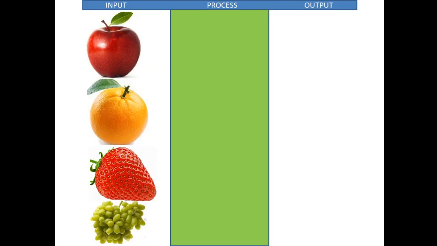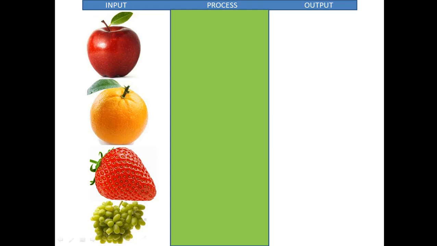Here we are going to start some latest activity. I hope you will take interest in this activity, and I want to tell you this thing. I'm taking here the input, process and output, how it is done in our computer system. With the help of a PowerPoint presentation, I want to show you what we are going to start here. We have four types of fruits here, and in the process cycle we will cut these fruits, and after that I will show you the fruit salad.